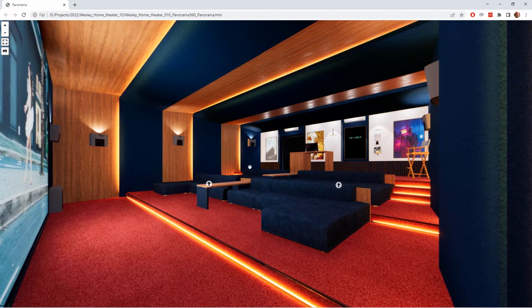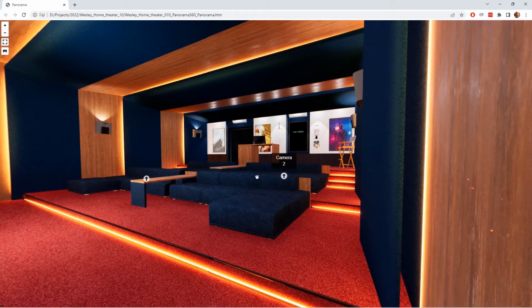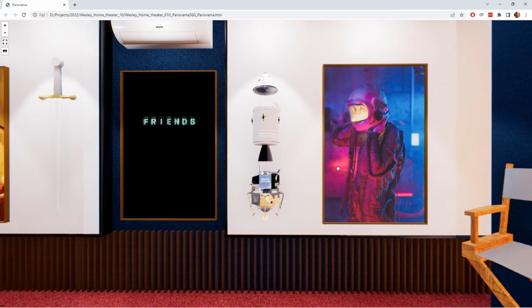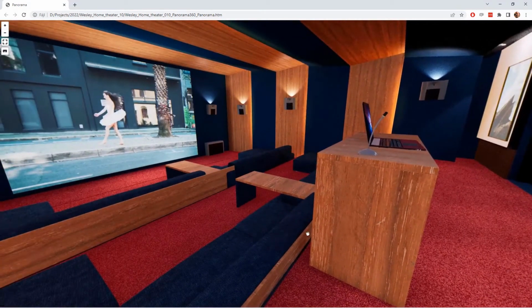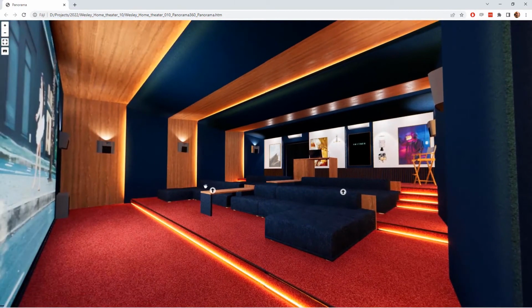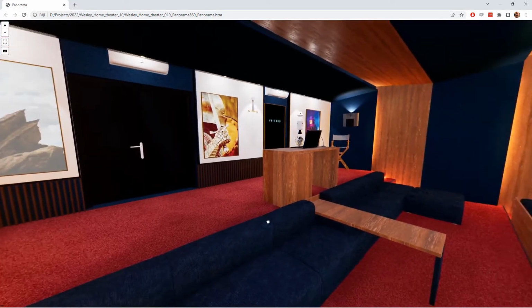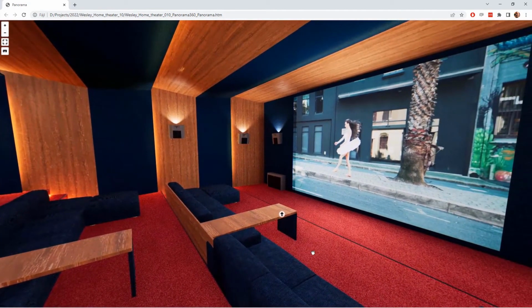So you can actually just click and drag with the left mouse button to look around. You can click on any of those portals that you have placed earlier. You can click to see what happens when you look around in camera 2. This is at the top of this podium, and you can just simply look around. You can jump back to camera 1. From camera 1 you can also jump to camera 3, which is somewhere here around the staircase, and you can also look around here, and this is the same exact way how your clients will be able to explore your